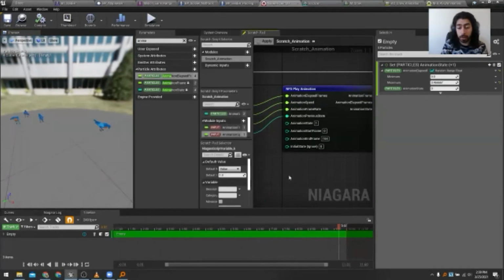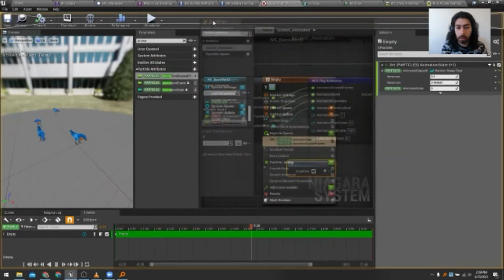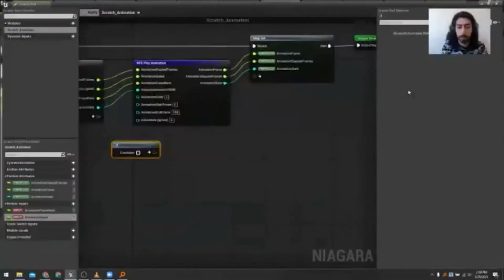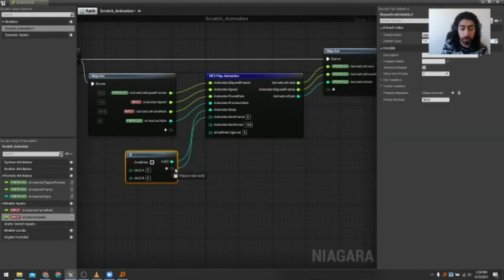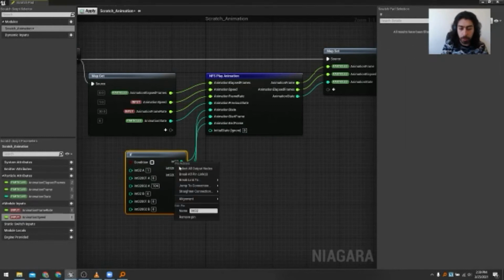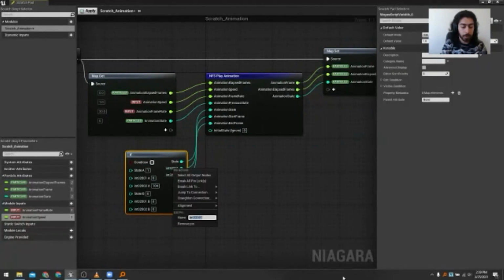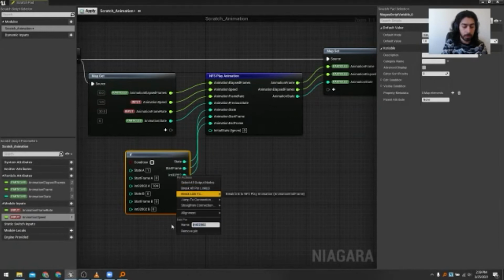And what you can do here in this case is just add a simple if condition, and then you can switch between, one second, here you go. You can switch between different animations just by changing their states on a certain condition. So this was animation 1, and we want it from 0 to 104. And you can also rename those variables for convenience. So I'm just going to call it state. This one's going to be start frame. And this is going to be our end frame.